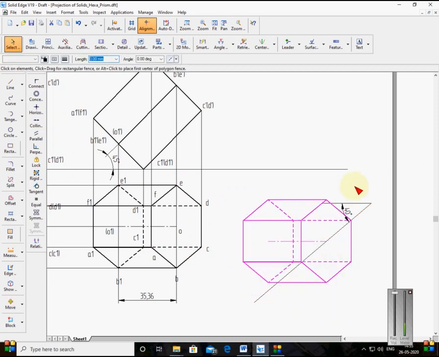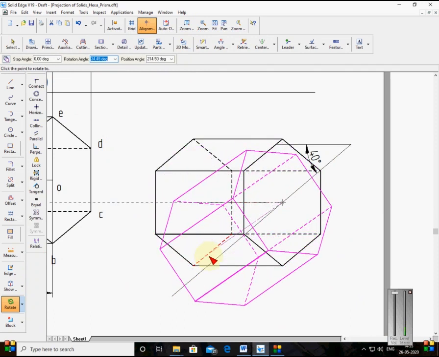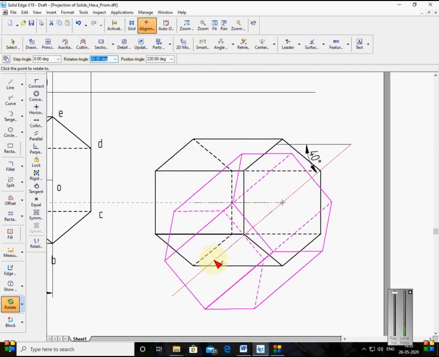Right click, you remain in selected mode. See, it is pink now, selected position. Now what you do, it is easy to rotate now. This figure you have to rotate such that this point, see, you can see here, I zoom this area. This point should be there only on this line, and this point of the axis should come here. That means I'll make this a center of rotation. Any point on the line I can choose, or I can choose the end point, bring this whole figure on this line. You can see the symbol is there at the side of the cursor. It is a line coming on the line. Line is on the line and point is on the line.